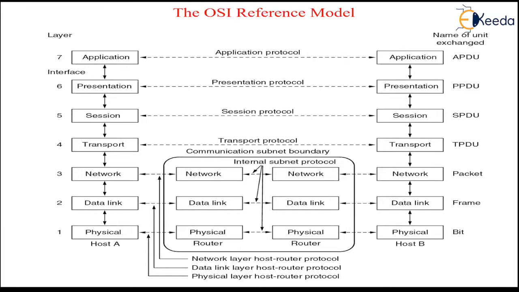The next layer is the session layer. The services provided by the first three layers, that is the physical layer, data link layer, and network layer, are not sufficient for some processes. The session layer is the network dialog controller. It establishes, maintains, and synchronizes the interaction among communicating systems. The specific responsibilities are dialog control, synchronization,